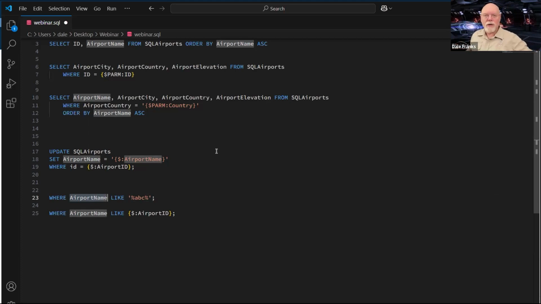And I need to search through that text string kind of letter by letter, looking for this value, ABC, anywhere in that text string. And if I find it anywhere, then this where clause is valid and I will change the value in that record. So with a where clause like this, I'm going to change the value for multiple records.